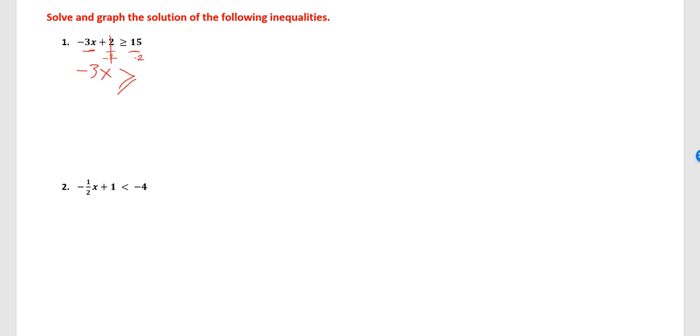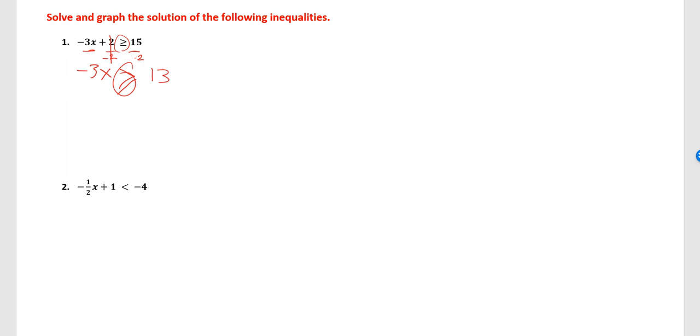-3x greater than or equal 15 minus 2, which is 13. Remember, we're not flipping the inequality sign because we're not dividing by a negative number, we're subtracting. Okay, so with addition and subtraction, you do not flip the inequality sign. So -3x is greater than or equal